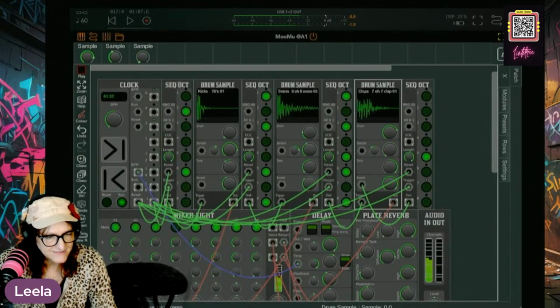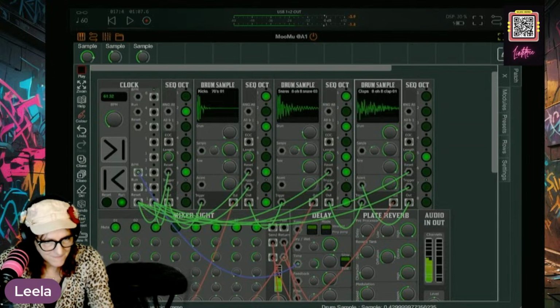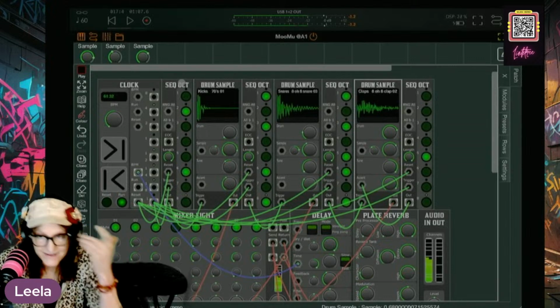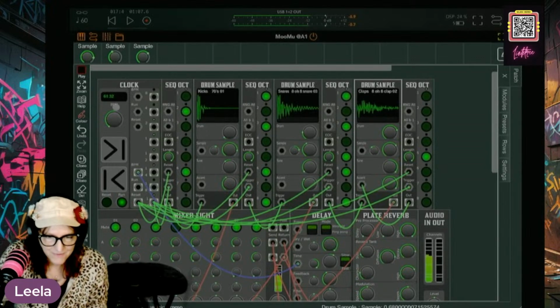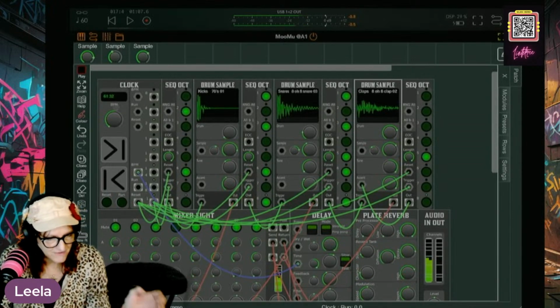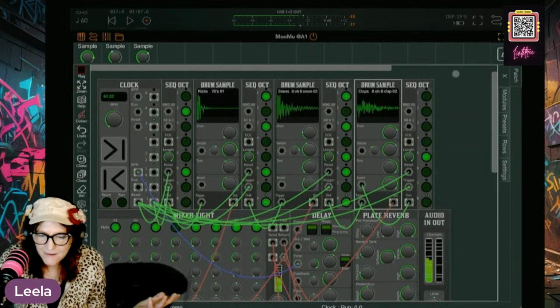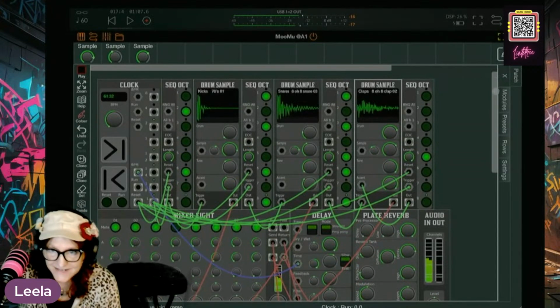But I don't like the sample, so let's move it. Just like crazy, you can just clap. Let's stop it. So then you stop the run. See, boom, craziness.